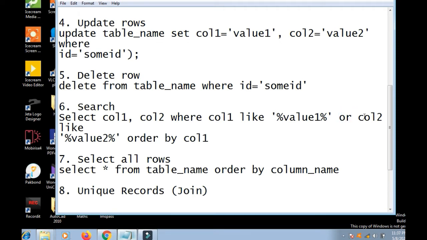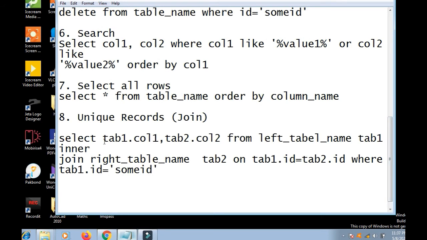Or email LIKE value 2. Then ORDER BY column 1, for example, ordered by name. And to select all the rows we use SELECT * FROM table name, student, ORDER BY some column name, for example, name.